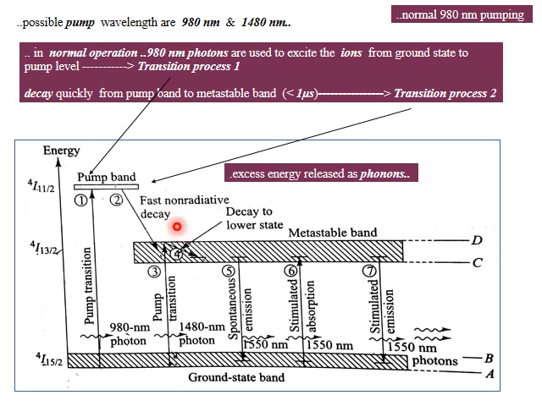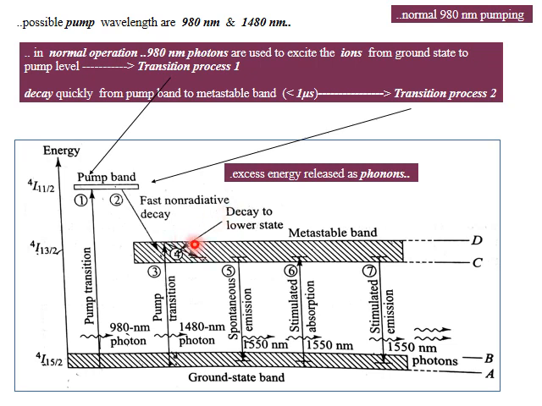So without any radiation, and this one is occurring very fast, because they are going to be there only for less time, less than 1 microsecond, then they are going to fall back to the layer of the metastable band very fast without any liberation of radiation, but energy is released. Such energy release, in the form of photon emission without any radiation, is called phonons. Phonons are nothing but photons which are liberated without any radiation. Try to remember this. Phonons are photons which are liberated without any radiation.